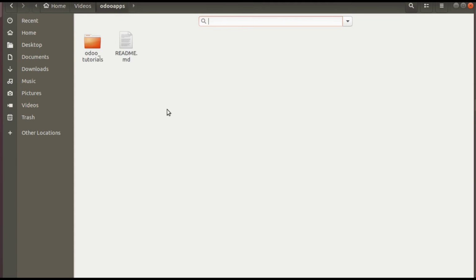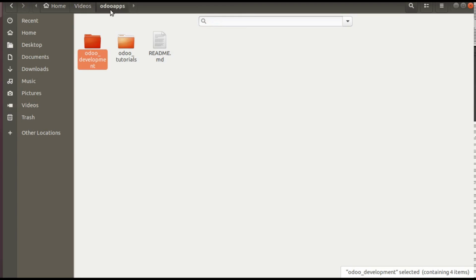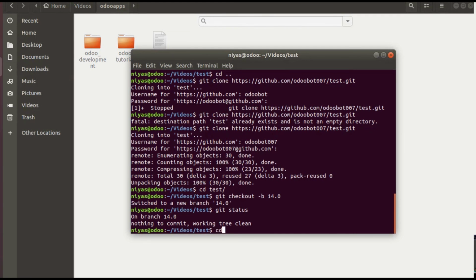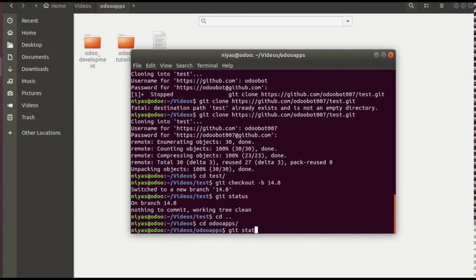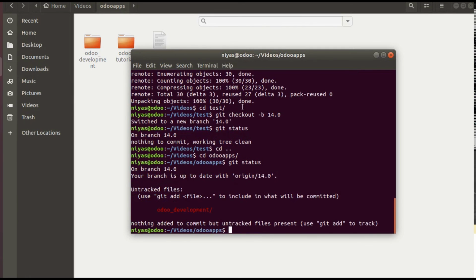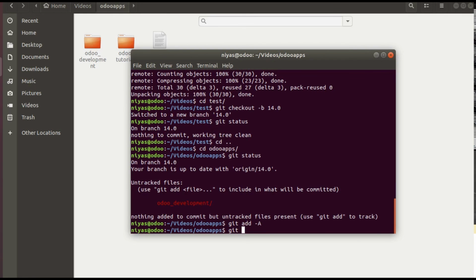that is Odoo Apps. So here I'll paste. This is the initial public repository that I have created. Now I'll commit the module to that repository itself. So let me go back, cd, then I'll go to cd Odoo Apps. If I enter git status, you can see a new module has been added, Odoo development, git add -a, then you have to commit -m, add uploading paid module,